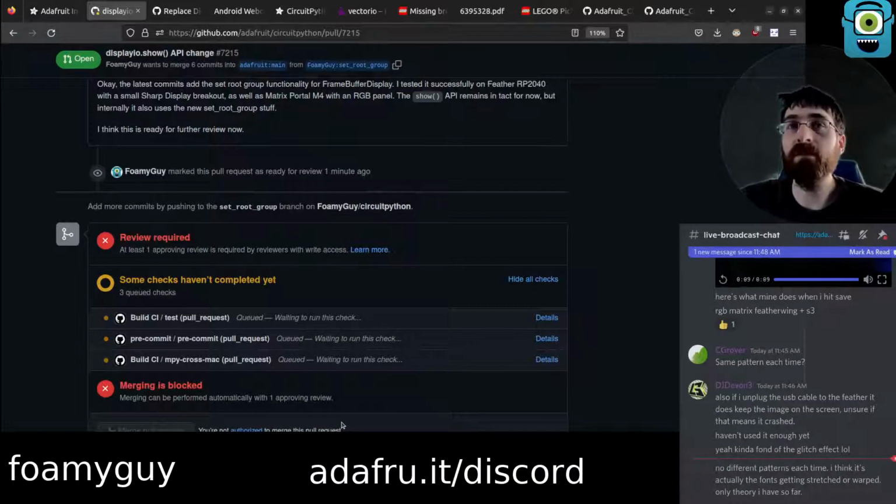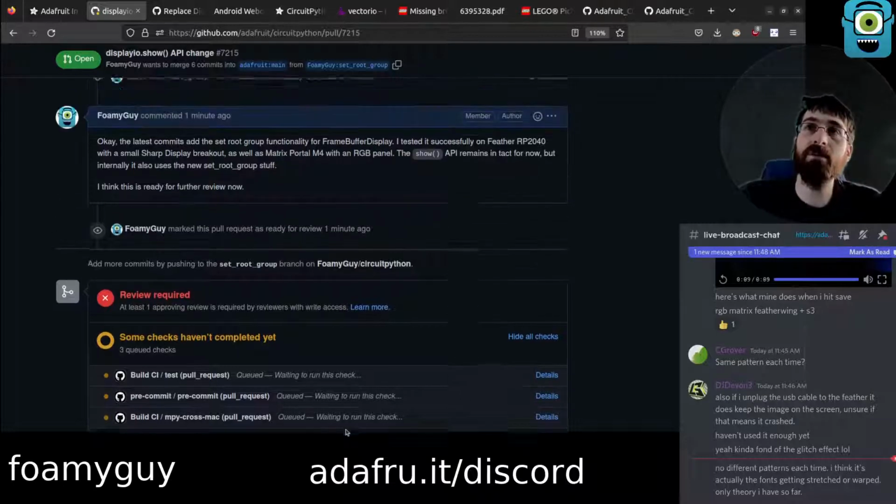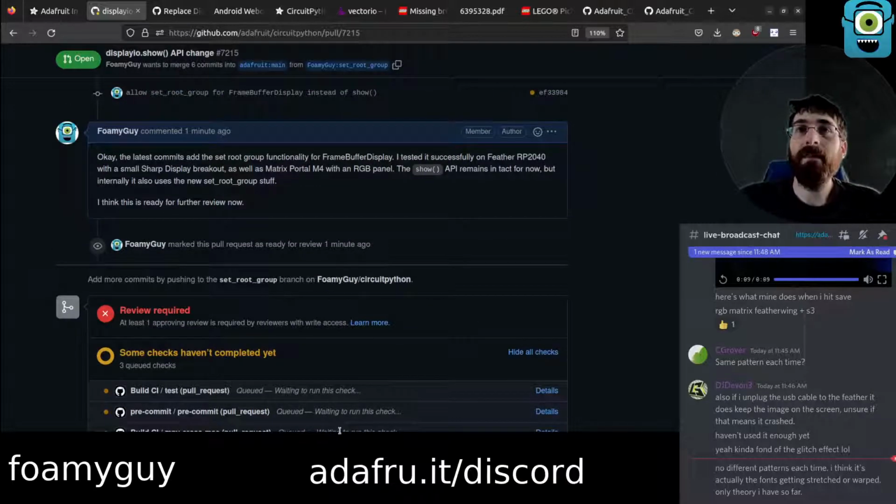Get that in, and then once this does go in, probably the next sort of effort on this front will be starting to update example code and guides. There's a lot of example code and guides that will need updated. Now the good news is, it doesn't strictly need updated urgently until 9.0 when that show is actually removed, but we probably want to get ahead of it sooner rather than later, and get started swapping all that stuff over to use the new way.